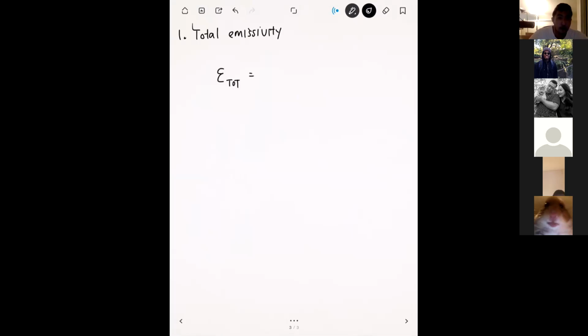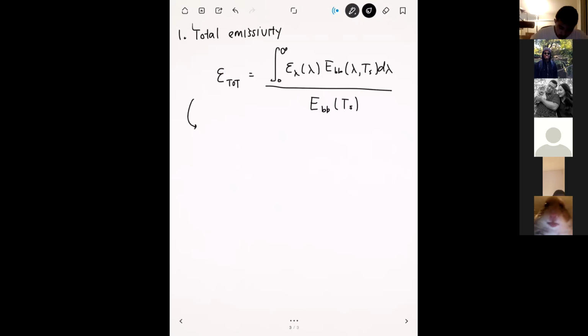And remember that that formula is given by the following: epsilon total is equal to the integral from 0 to infinity of epsilon of lambda, and that's the emissivity as a function of lambda, which is what we have on the previous page, times the emissive power of the blackbody, E_bb, which is a function of lambda as well as the surface temperature. Then we're going to divide this by the total emissive power of the blackbody, which is just a function of the surface temperature. The key to this part is that most of this we're going to evaluate using our tables,